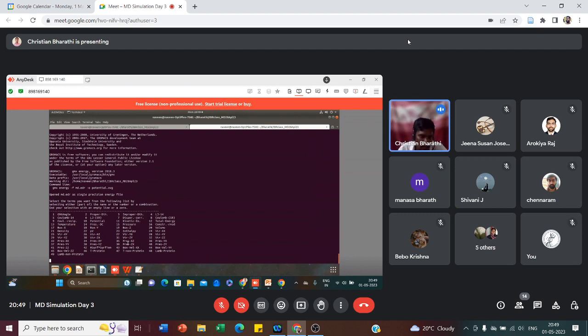So all thermodynamic properties will be here. So use the energy md.edr file, that is the energy file, to calculate all the thermodynamic properties. Okay,